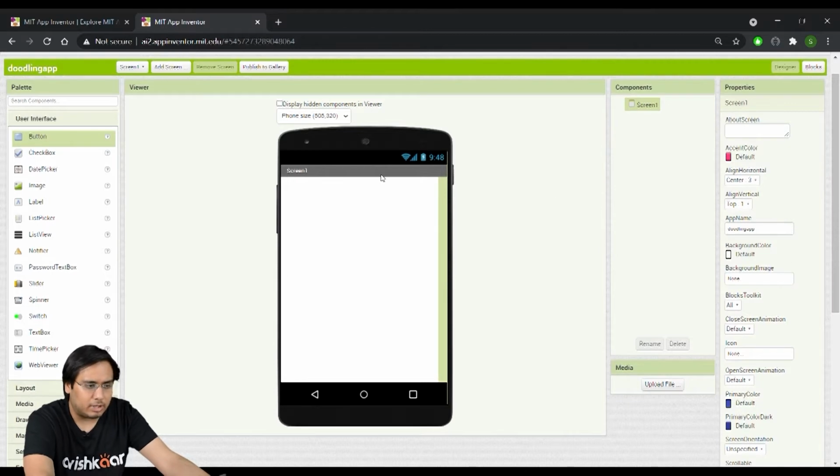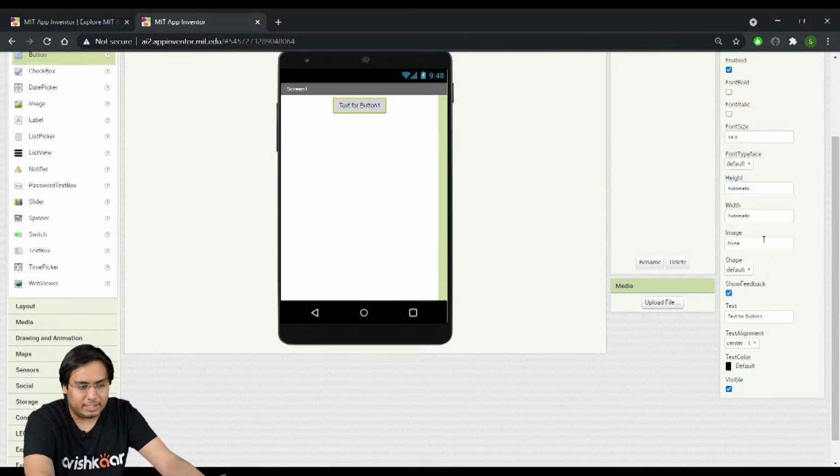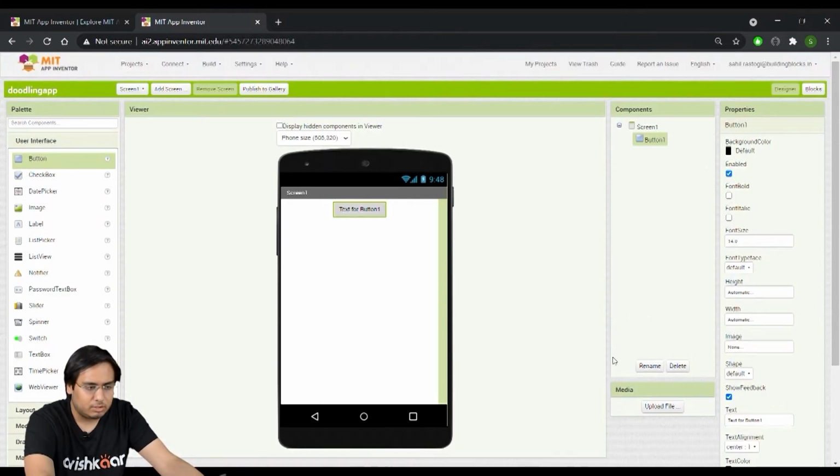If I add a button, you can see now the button is selected, and I have all the button related functionality, like the background color of the button, whether the button is enabled or not, the size, and the font size of this text, which is text for button 1. All these things you can change from this area over here.